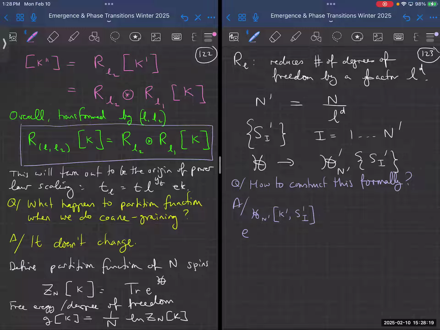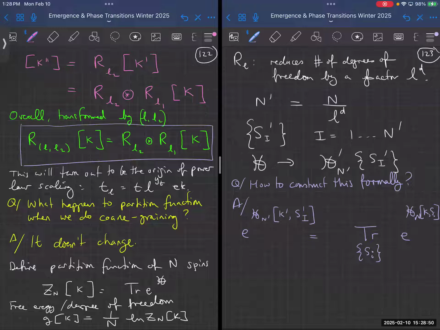And how did I get that? Well, I started with my original Hamiltonian, which had n degrees of freedom, and it had variables K and S_I, like that. And then what I did to get this effective Hamiltonian was I coarse-grained, and we've talked about coarse-graining before. What I was doing was I was taking a trace over my S_I's,